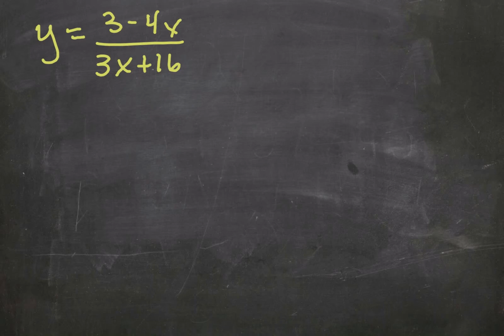We're looking at the rational function y equals (3 minus 4x) over (3x plus 16). And we're going to find the vertical asymptote. Let's find that first. And then we're also going to find the horizontal asymptote. And then we're going to see about graphing the function. Okay? So finding the vertical